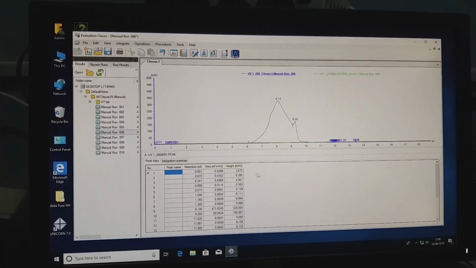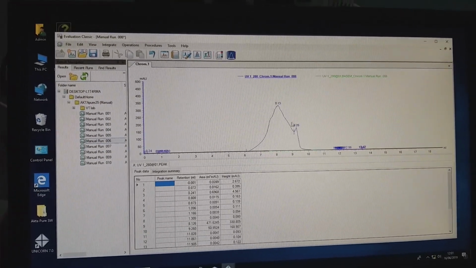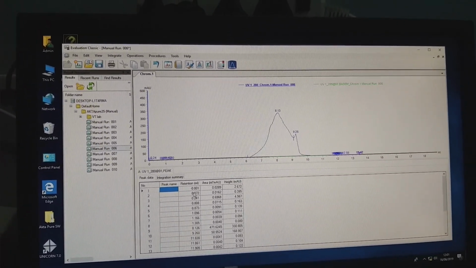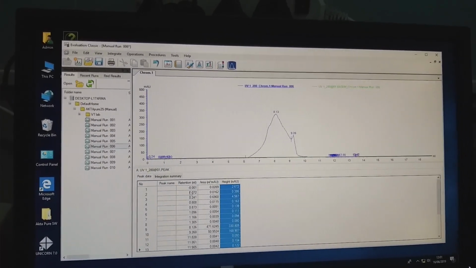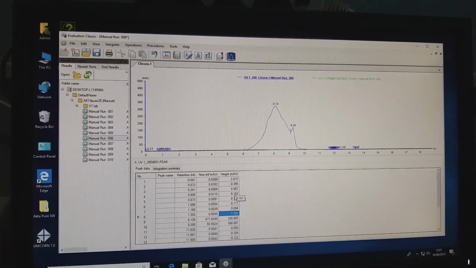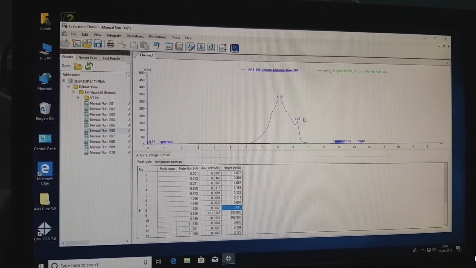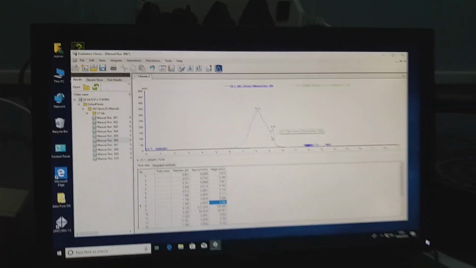So as we can see, it gave the retention volumes of the peaks and also the area and height of the peak. These values can be used for constructing a calibration curve. This one belongs to blue dextran and this one is for BSA.